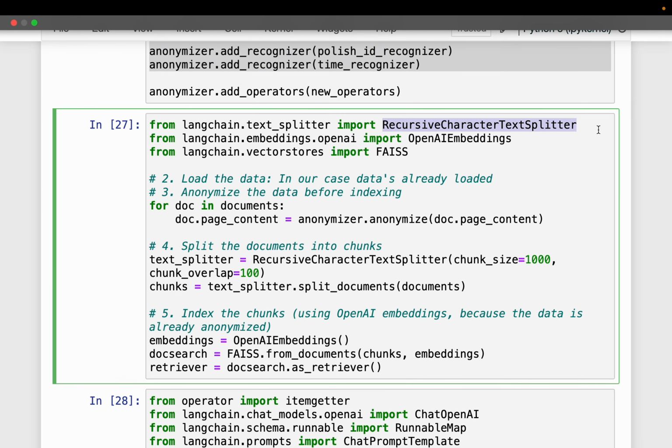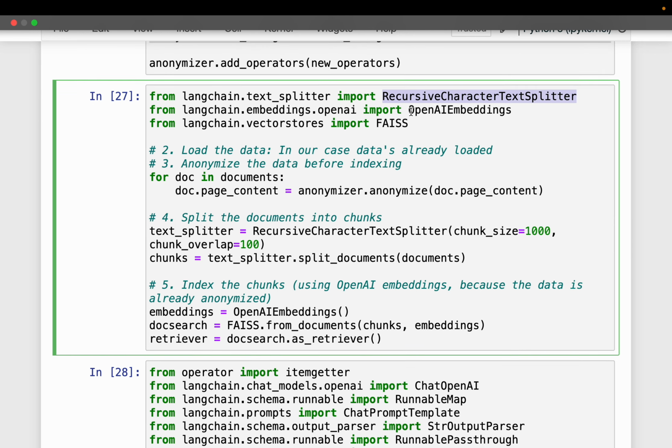So with the recursive character splitter, we are simply going to split the document into smaller chunks, right? Because this document might be a book. Now, LLMs have a context and they can have only a couple of thousands of tokens as context, right? So we are going to divide this book into smaller chunks, maybe one page or one paragraph each chunk. For that, we are going to use the recursive character splitter. And we need to create embeddings. We are using OpenAI embeddings and FAISS for similarity search and for the vector store.